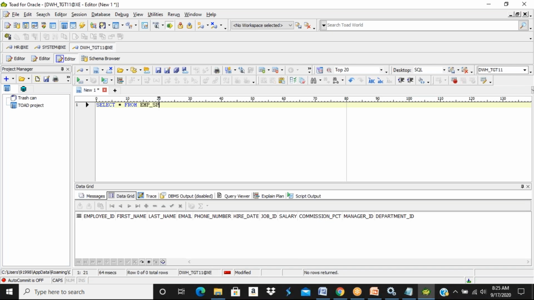Here I'm not applying any transformations. I'm just extracting the data and loading the data. In the next session, I'll explain what transformation is, what the different types of transformations are, and how we have to use them. In this session, as it's a demo, I'm just going to show you, using Informatica PowerCenter as an ETL tool, how to extract the data from one system and load data into another system.